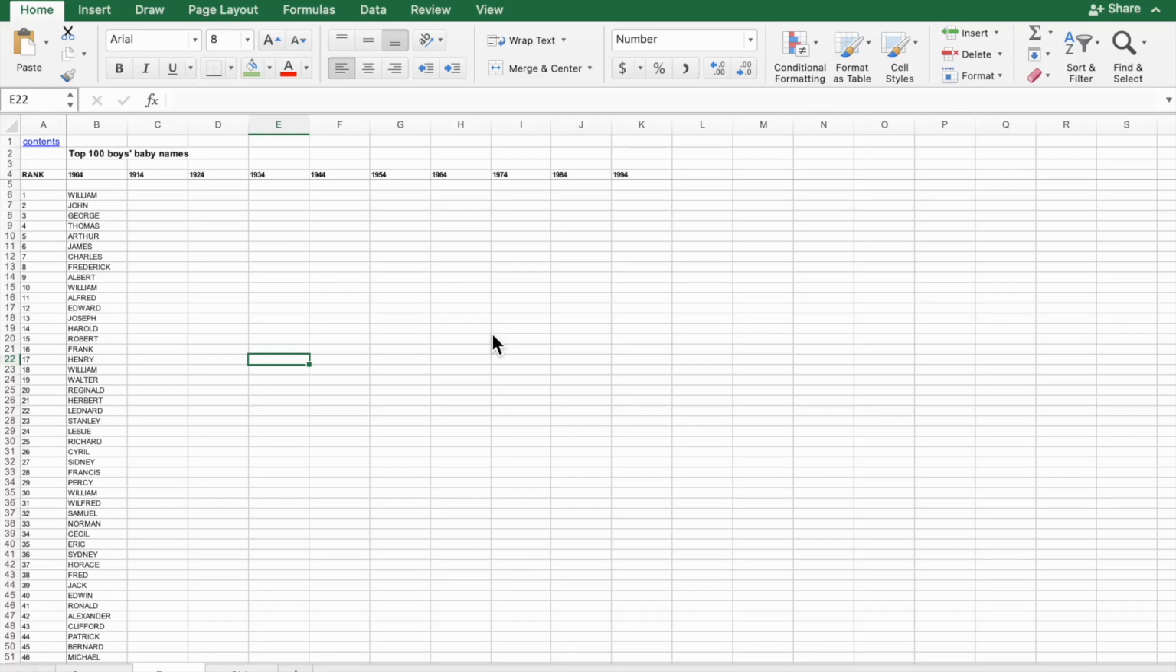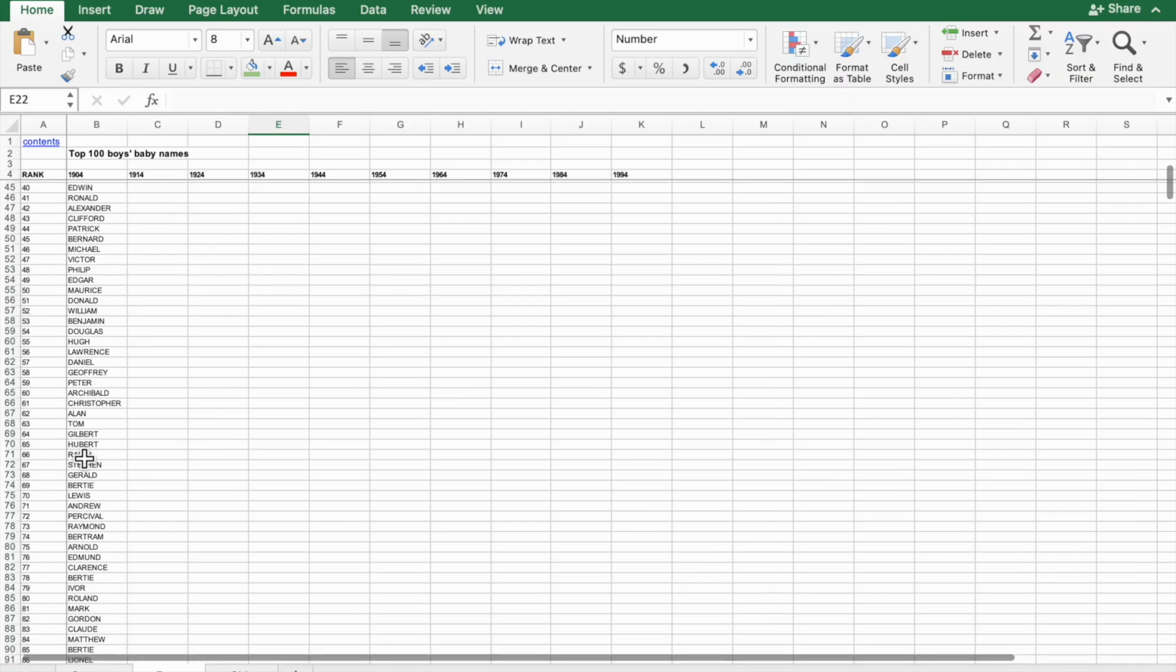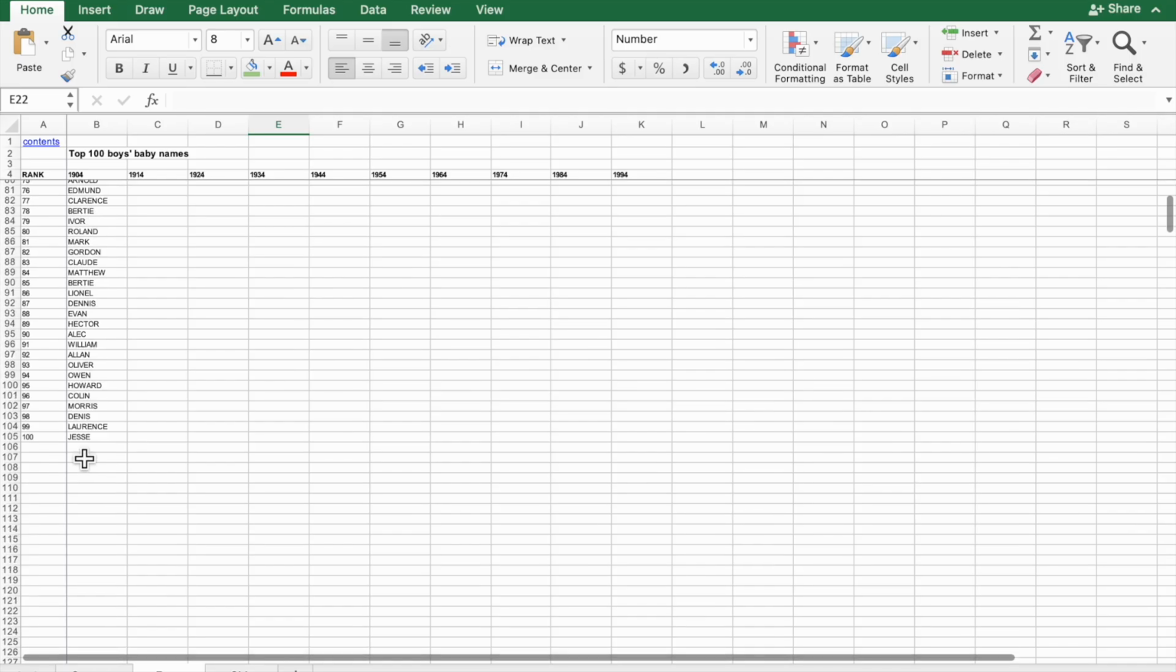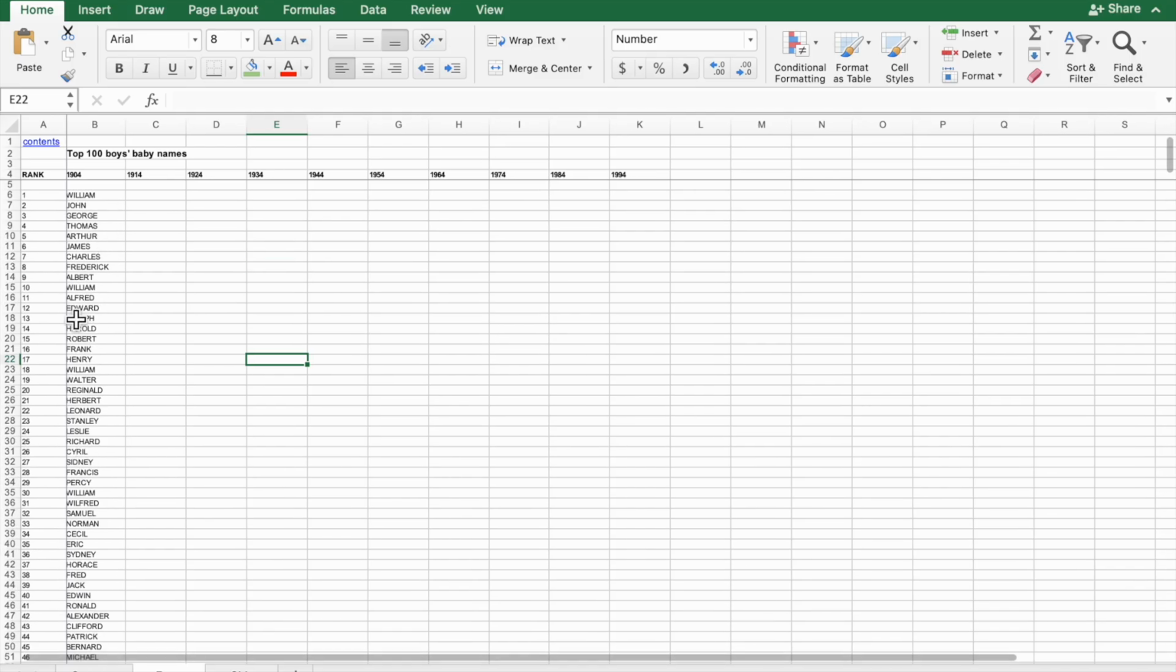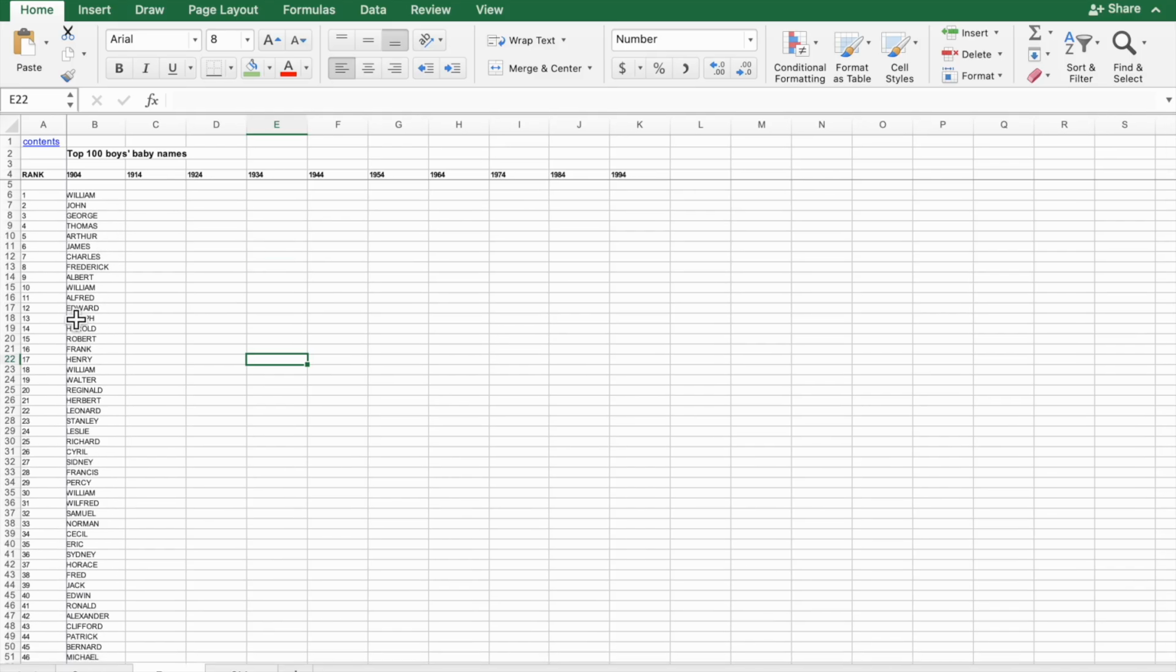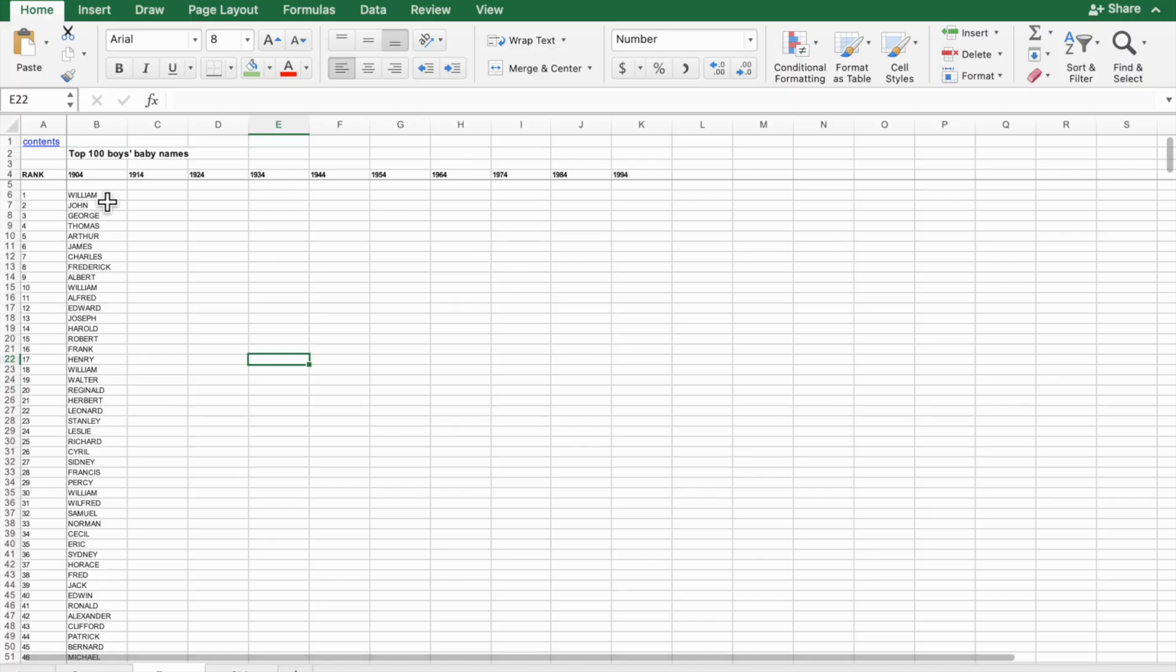In this video I will show you how to remove duplicate entries in Excel. If you are using Microsoft Excel and you want to remove all the duplicate entries or duplicate values, here you will see I have written 100 boys names and I want to remove all the duplicate entries. So to remove duplicate entries, first you have to